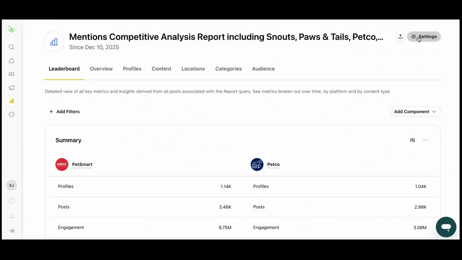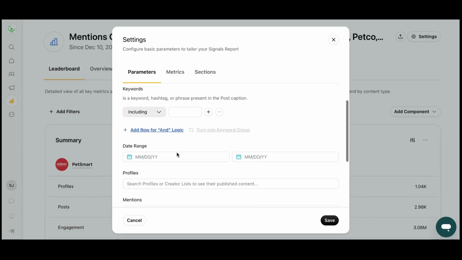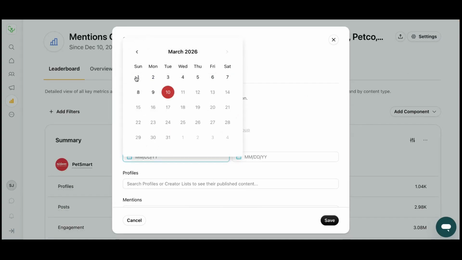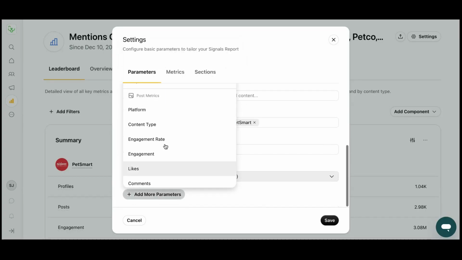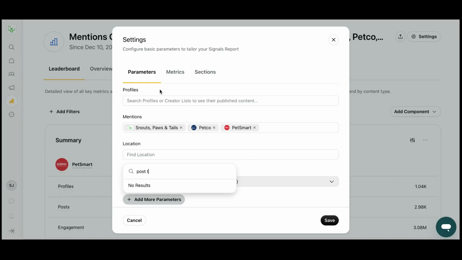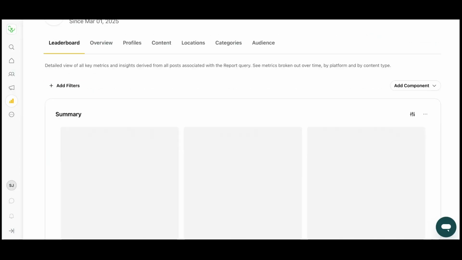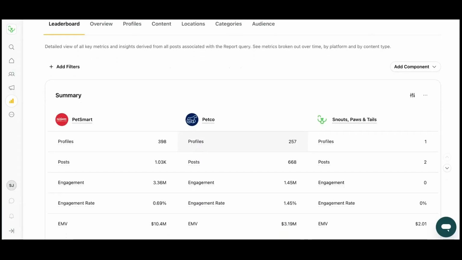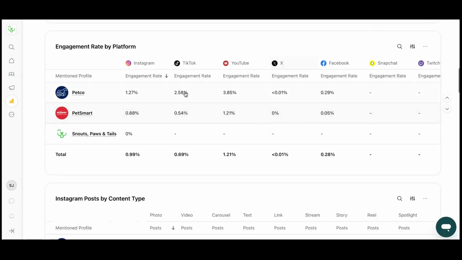After generating the report, you can come into settings and change a few parameters to further customize your query. In this instance, I'll set the date range a little further back, as well as filter so I only will see sponsored content. From here, I can quickly see insights like which platforms our industry is prioritizing, where each brand is seeing the